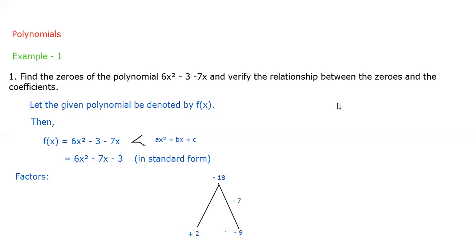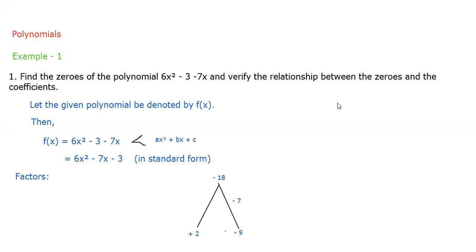So here the factors of 18, you can see, will be 1, 2, 3, 6, 9 and 18. Here I am taking 2 and 9. Why? Because if you add or subtract these numbers, you should get −7, and if you multiply these numbers, you must get −18. So check it: 2 into −9 is −18, and −9 + 2, I am going to subtract as the signs are different. 9 is the greater number and has the negative sign, so we get −7.